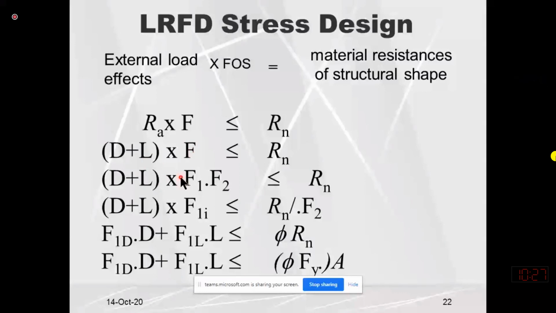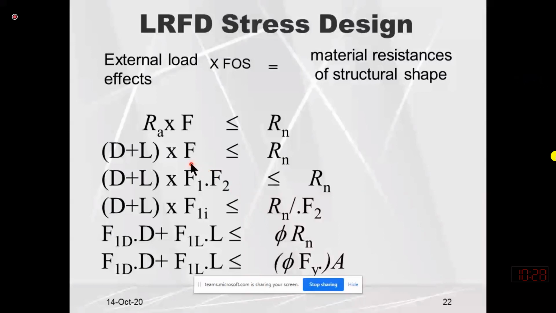One part may be F1, the other part may be F2. This is just for reference, or you can give them any name. For example, if F is 12, we can write F as 4 multiplied by 3. The answer will be the same. One factor of safety is called the major factor of safety, whose value is more. And F2 might be the minor factor of safety, and its value will be lesser than F1. But both F1 and F2 might have a value more than 1, because factor of safety is always more than 1. So what we do, the major part of the factor of safety is multiplied with the load effect,